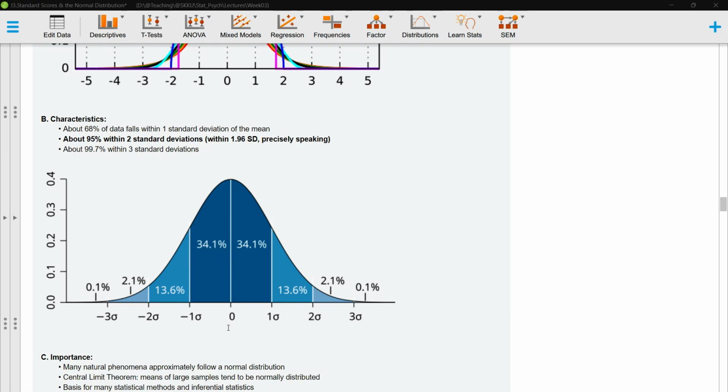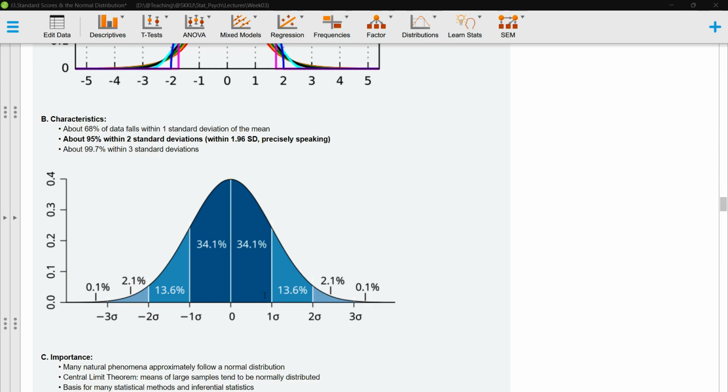It doesn't necessarily have to be the case, but this example has a mean of 0. And below and above 1 standard deviation, it is colored blue, right? And this is the center of the distribution, and it covers a lot of area,